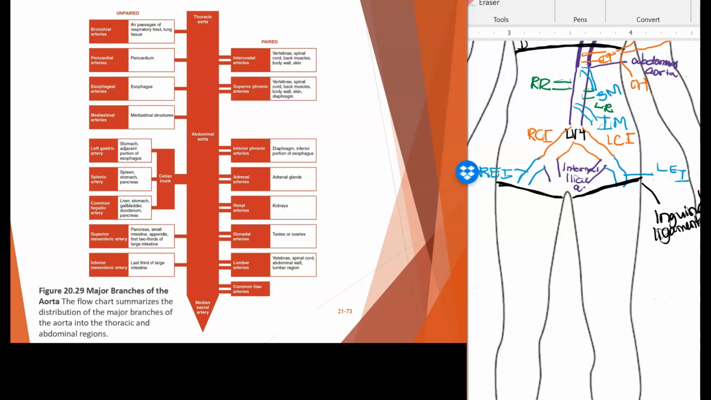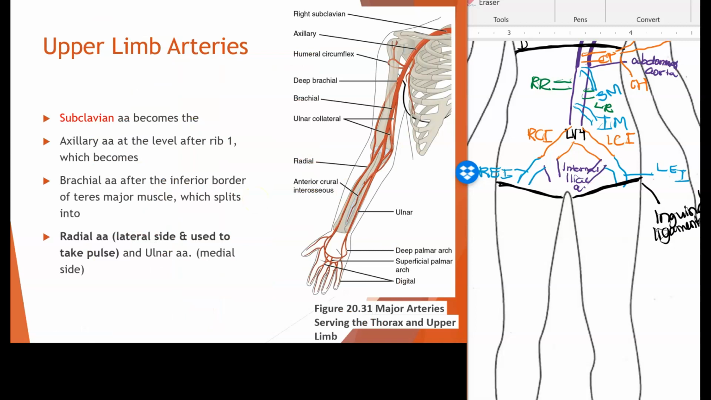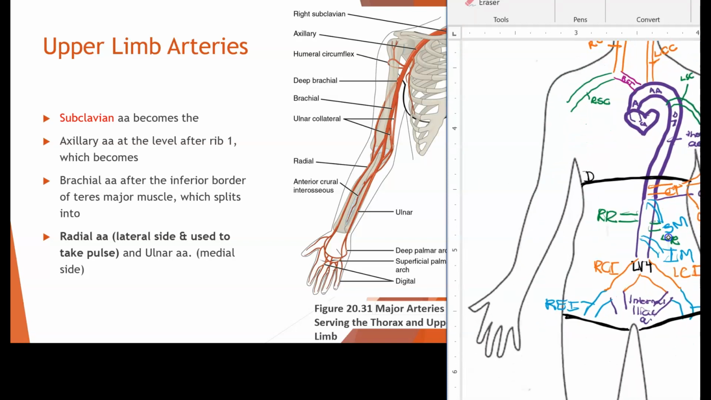So I really love these figures. You can go through and use these to study, but you might want to cross off some of the more detailed structures, such as the mediastinal arteries here, the bronchial arteries, pericardial arteries, and so forth. Okay, so before we get into the lower limb, we are going to go back up to the upper limb